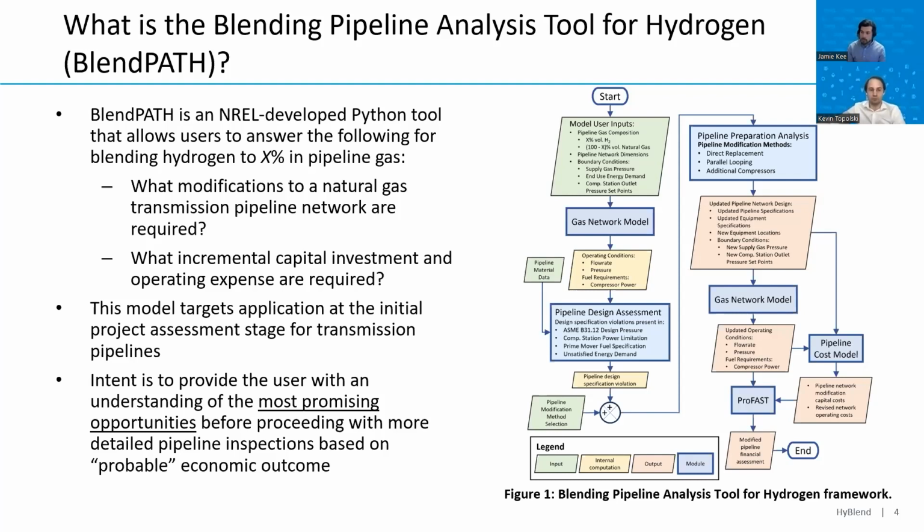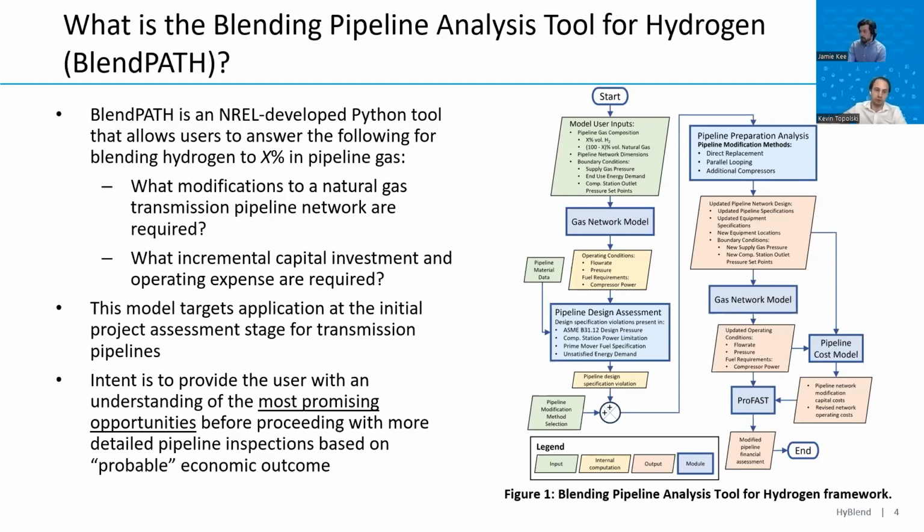The intent with developing the tool for this stage is to provide users with an understanding of the most promising opportunities for hydrogen blending within their given pipeline systems. Do this very early on, before the user proceeds with higher cost pipeline evaluations, such as